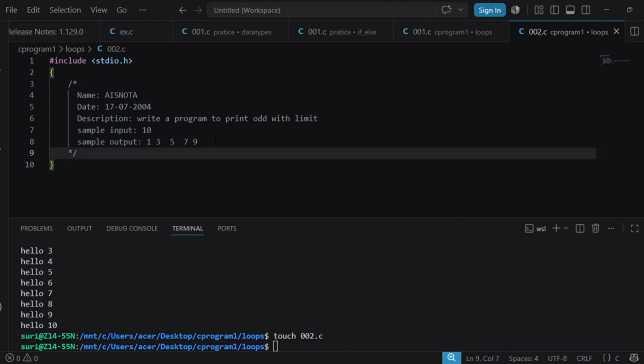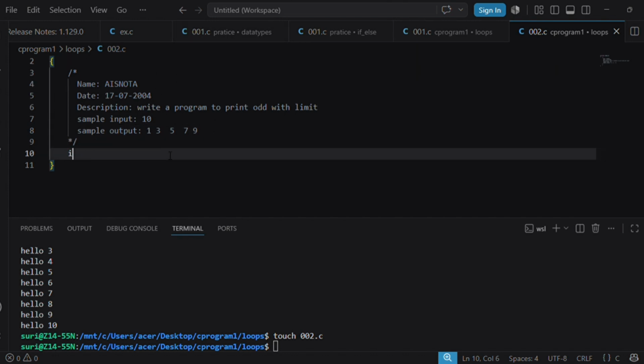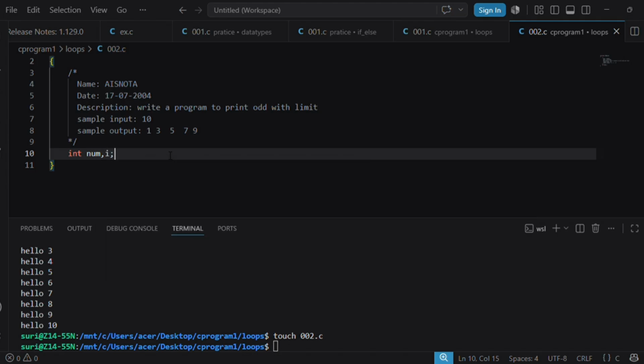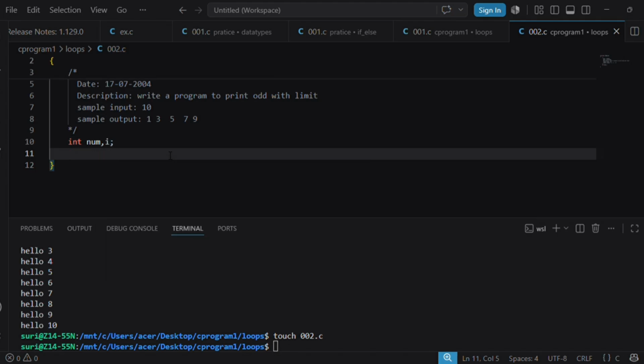After completing my documentation, I am declaring two variable names. First is num, then i. In the next step, I am going to use printf.